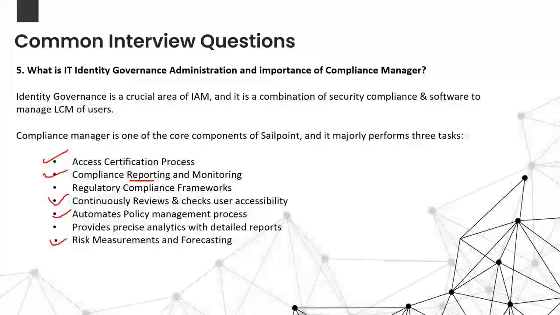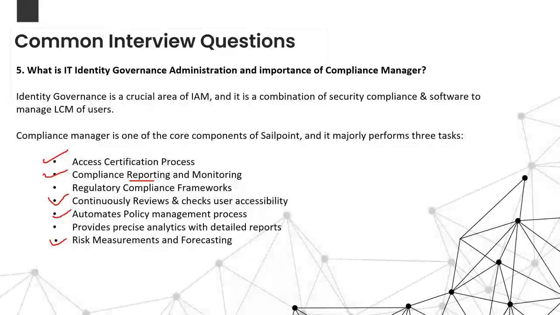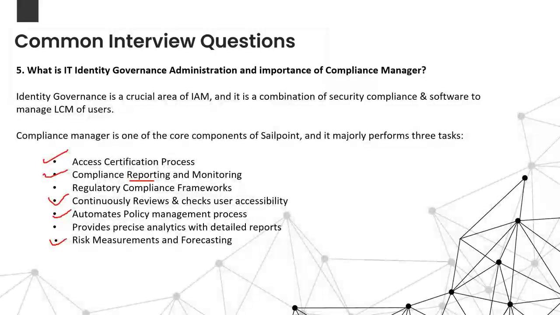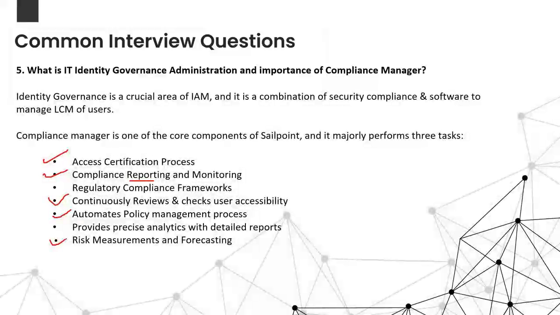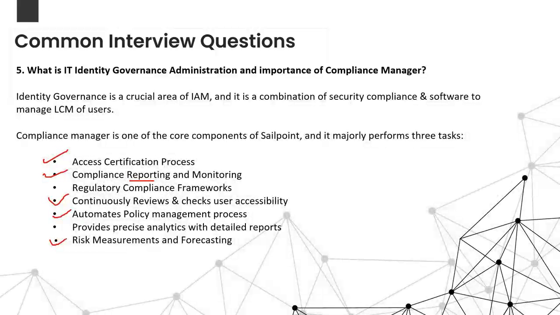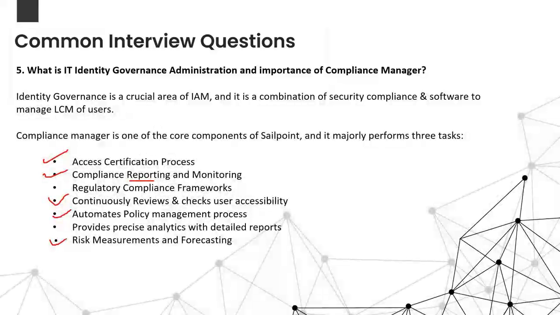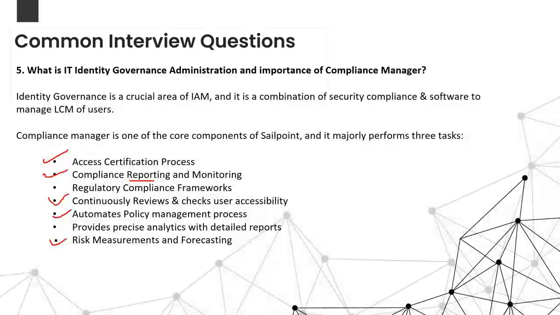If the user is having more critical accesses, let us assume there is an employee who has payroll access, guys. Okay, payroll access. I want to call that payroll access a sensitive access or a critical access, guys. So when the user has that sensitive or critical access, business critical access, then it should be associated with some risk around it. Okay, it should generate some risk around it. So that kind of forecasting you can do, guys.